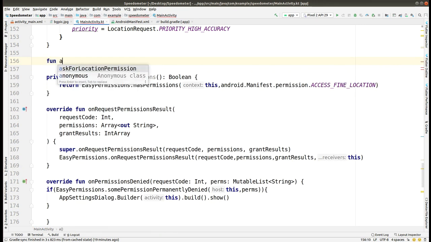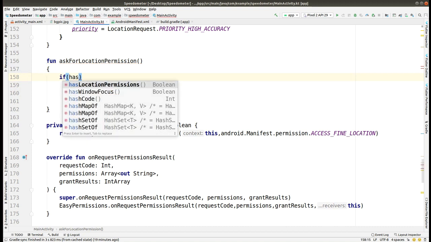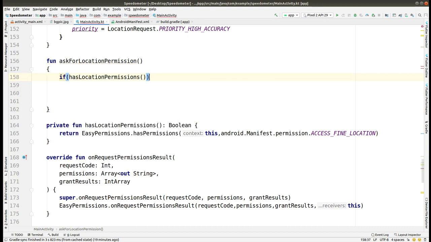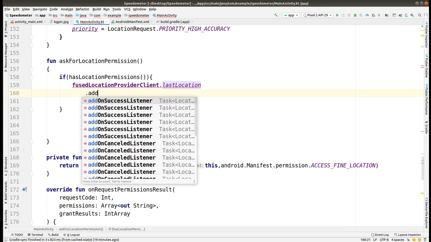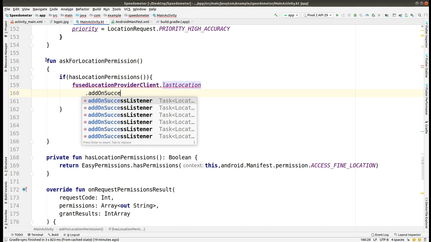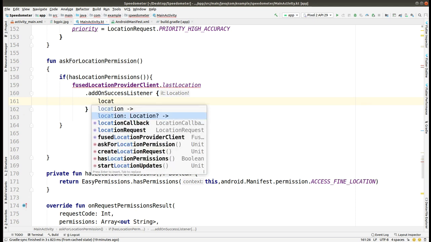Now it is correctly removed. Now I'm going to re-implement this function called askForLocationPermission, and within this function I'll do the same thing: if it has the location permission, hasLocationPermission is a function that we have implemented, returning a boolean value, and then just check for fused last location with this fused location provider client, and on success listener we have to add that